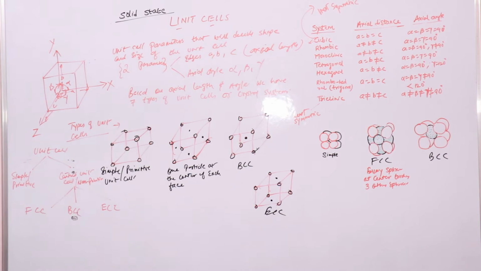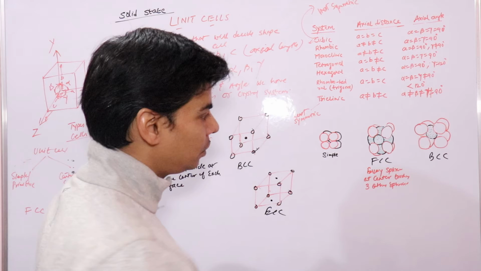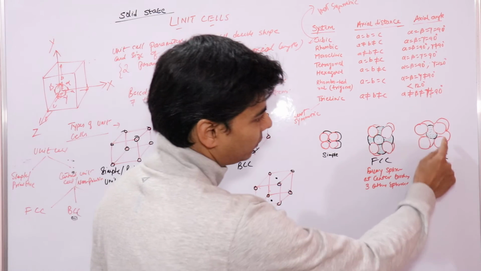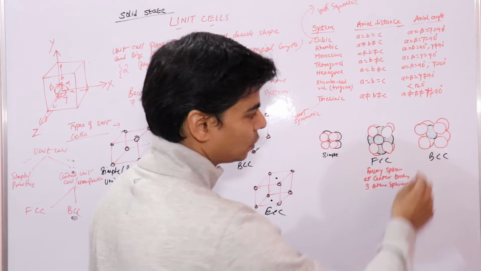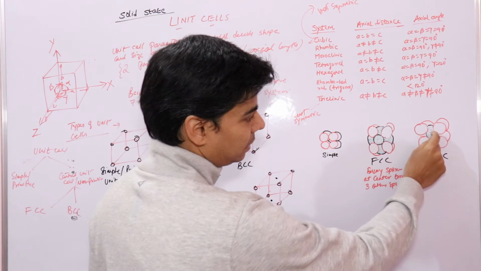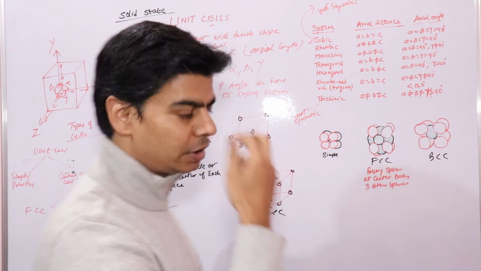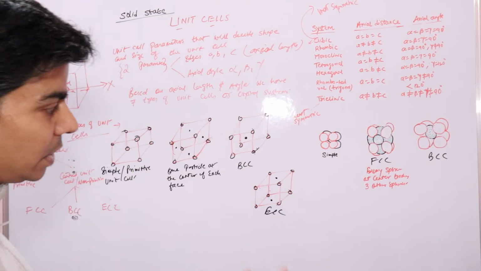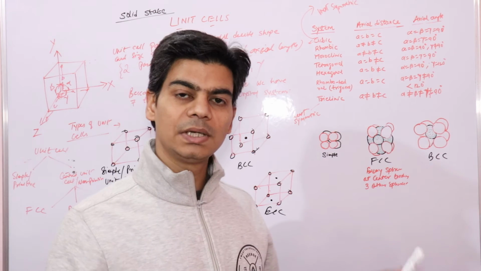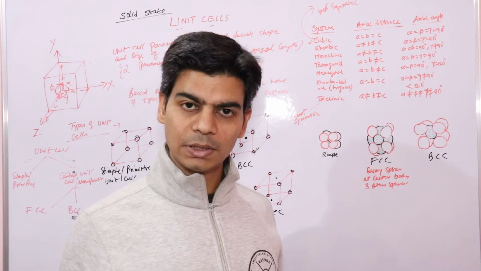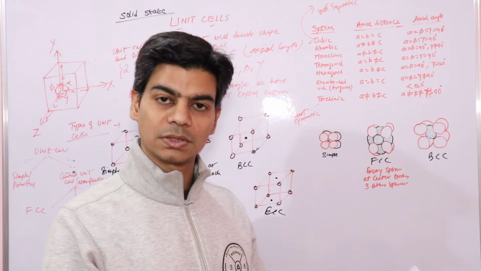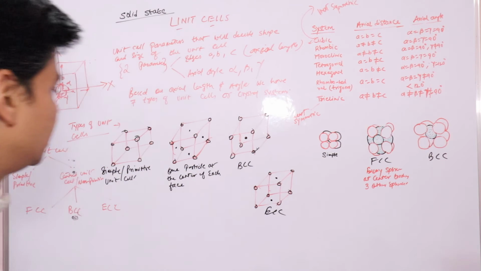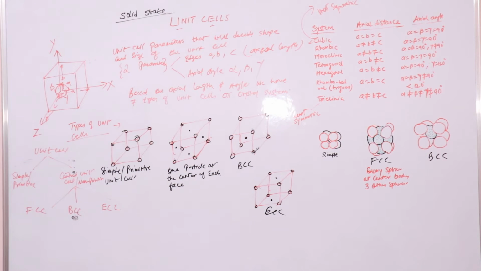So from here we are now clear with the coordination number. If you find the coordination number of this sphere which is at the corner, it's 1, because only one sphere which is at the center is touching it, right? So 1 is the coordination number for that. So remember, coordination number is the number of closest nearest neighbors that are touching that particular particle or sphere for which you are trying to find the coordination number, right?